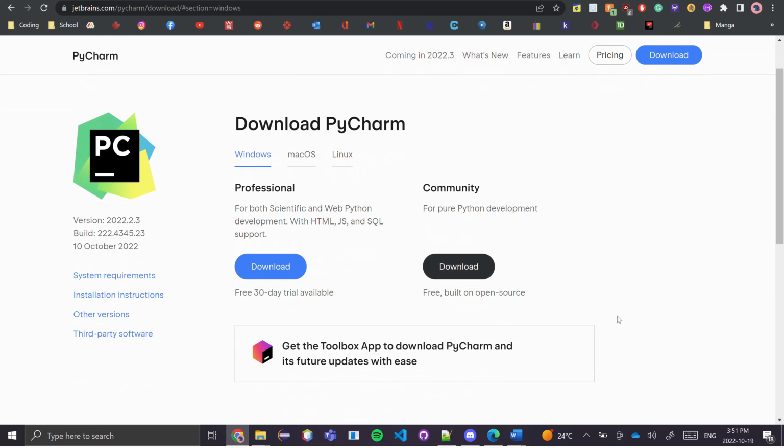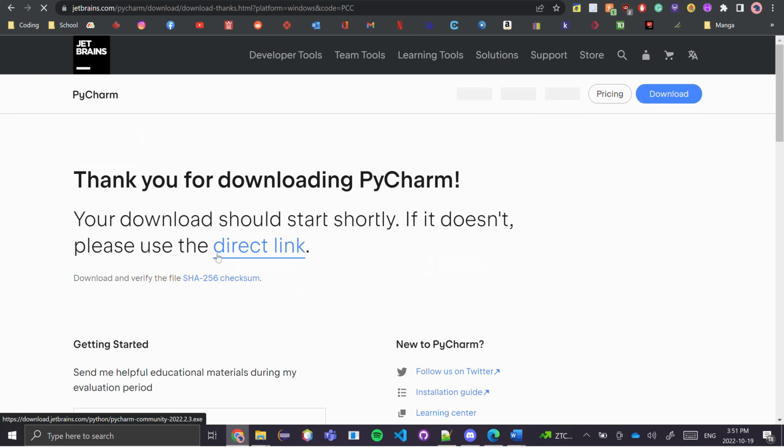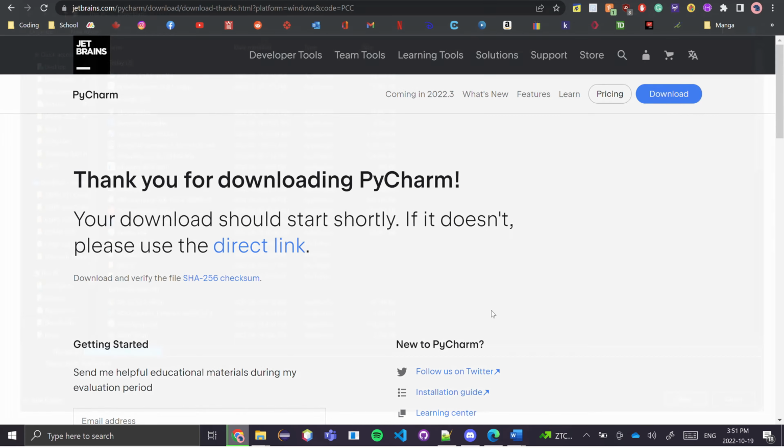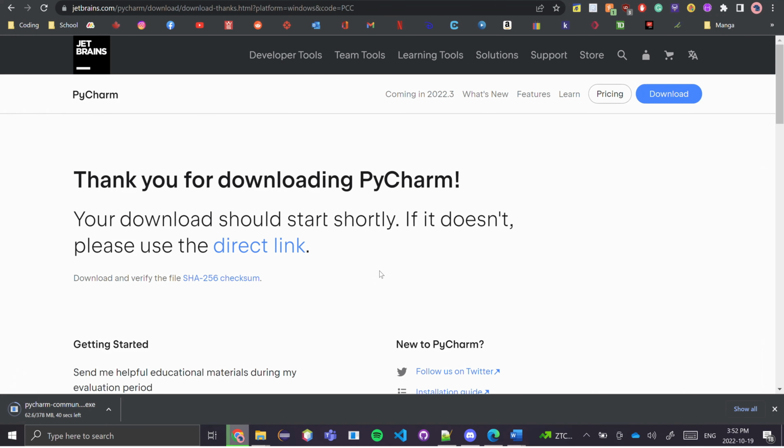And of course, there are many versions, but for this tutorial, we're going to use Windows. But if you are running other operating systems, you can click on these ones here as well. We'll click back on Windows, and we'll use the community version because it's free, and like I said, it's built on open source. As for professional, there's a 30-day trial available, but after that, you have to start paying, and who likes to do that? Not me. So we'll click on download,